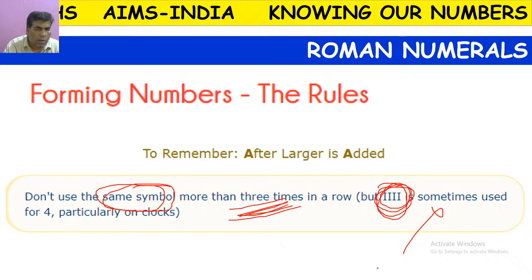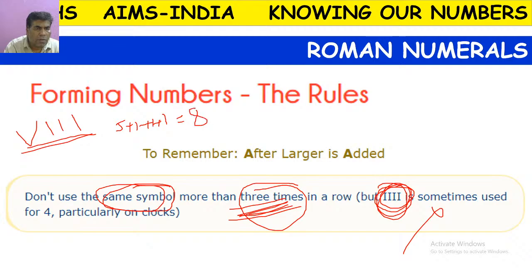We should not add more than 3 times. For 8, we add 5 plus 1 plus 1 plus 1. Already 3 times we have added, and we got 8. Why? If we write it like this,